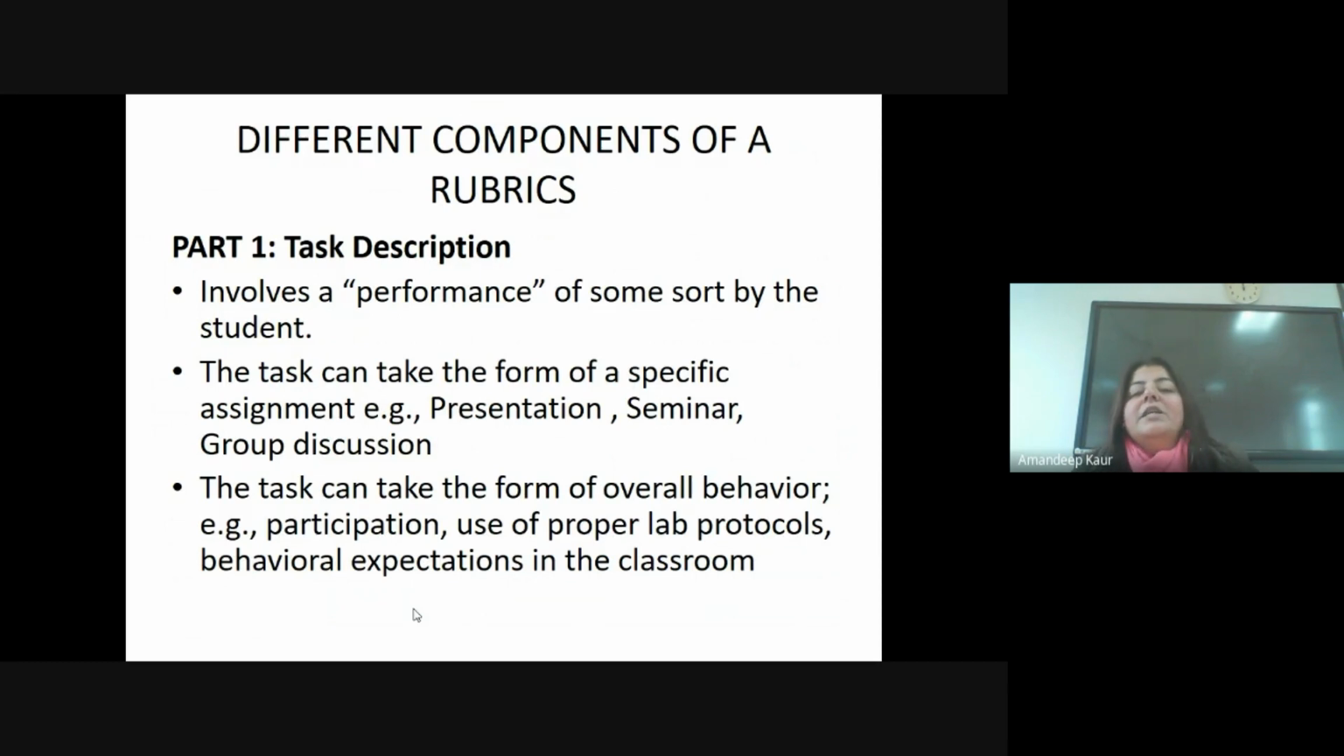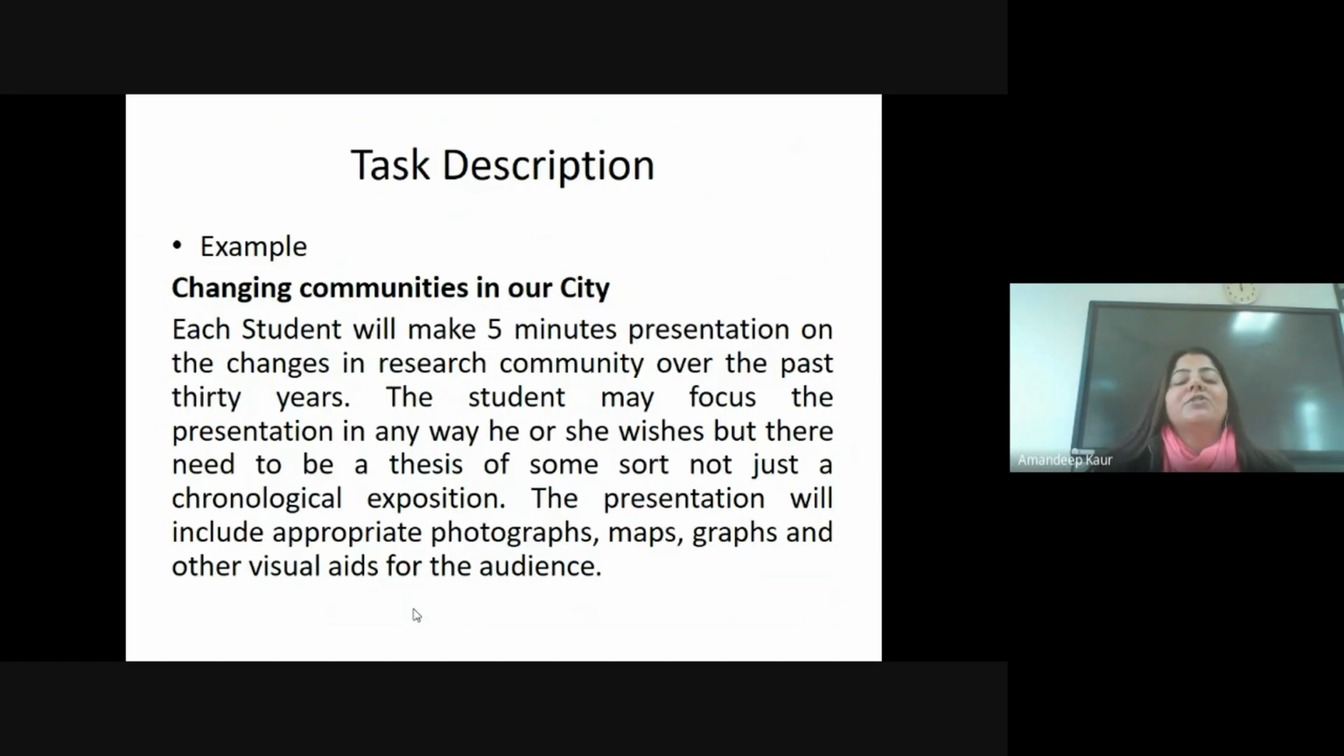Task description is related to the performance of the student. When I say task description, it is not only that we are giving a name to that particular rubric sheet as a seminar, a group discussion or a presentation. When we say task description, the overall behavior comes into the picture: what the different behavioral expectations are in a classroom environment, how the student needs to participate in that particular activity, and what kind of proper protocol needs to be followed by the student for the completion of that task. As a faculty, my expectations from that activity need to be conveyed